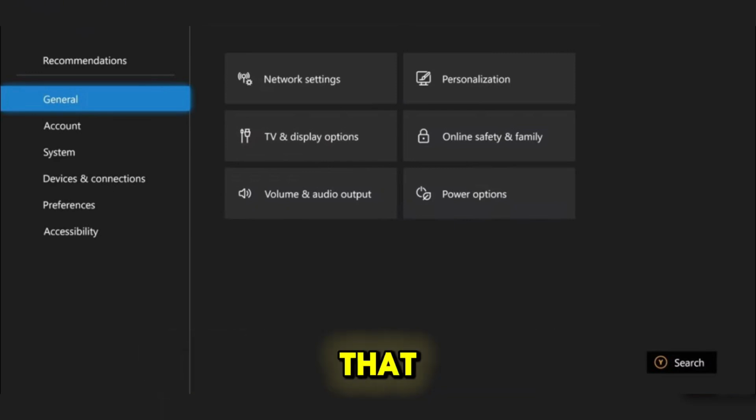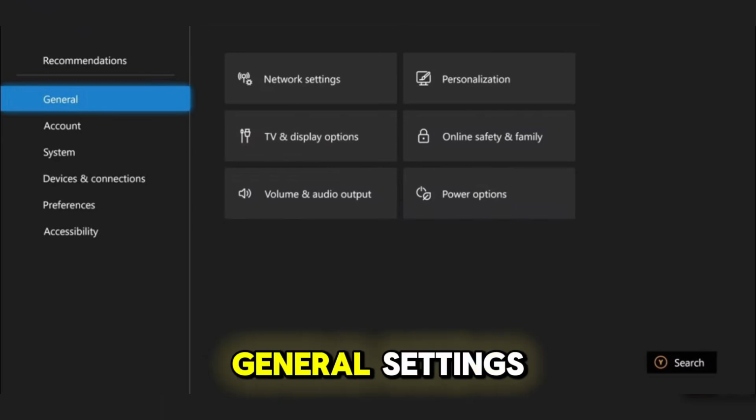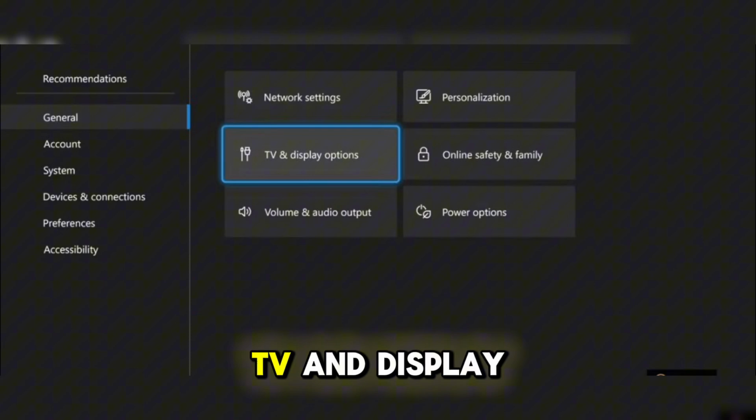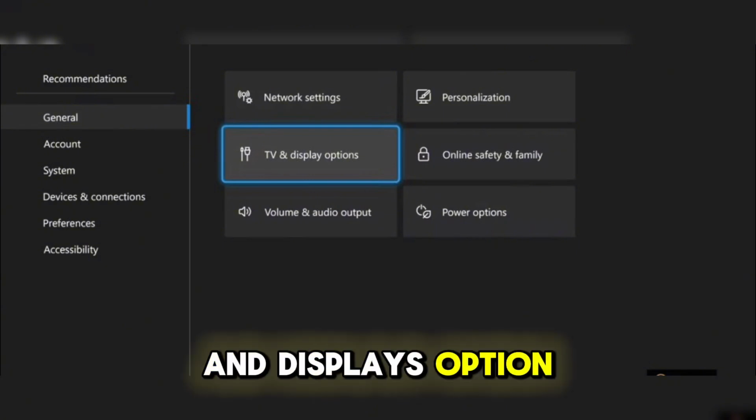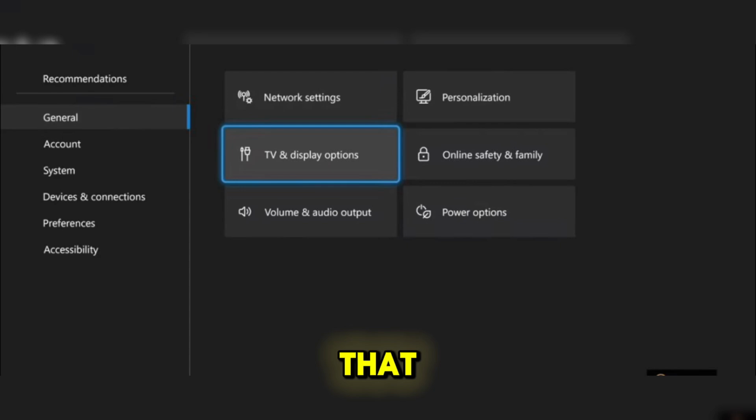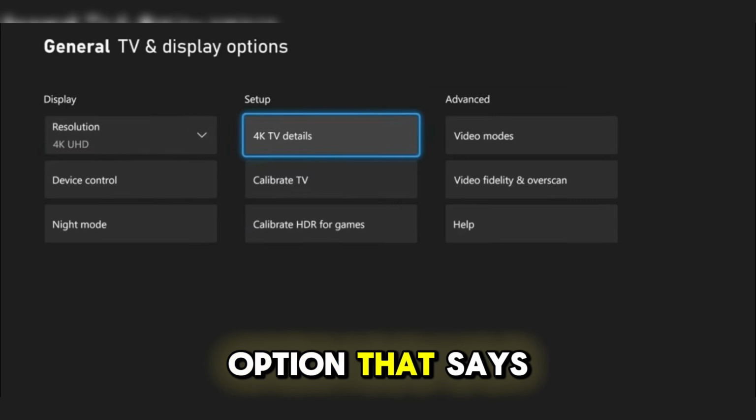Now click on that. After clicking the general settings, you will see there the display, TV, and display options. Now, once you see the TV and displays option, what you need to do is to click on that. After clicking on that, you will be redirected to the page where you will see there the option that says